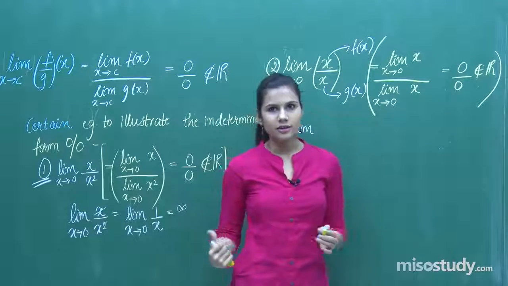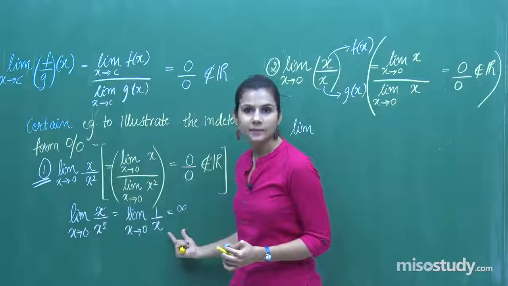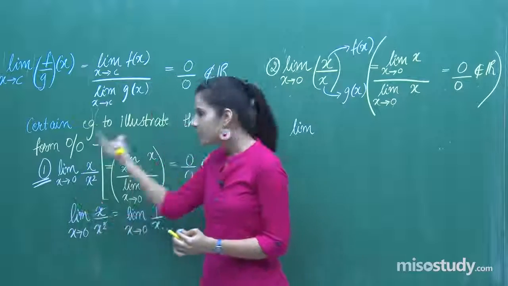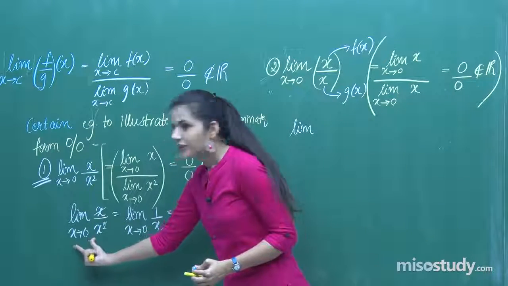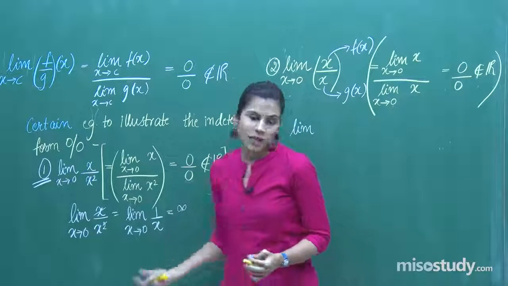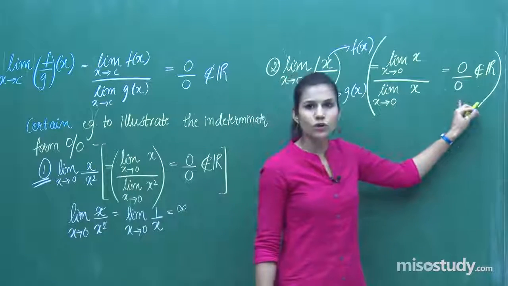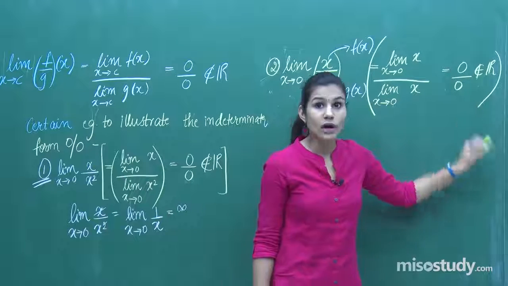Well, over here we saw that the limit was coming out to be infinity. The limit of an algebraic expression of the form f by g, which is basically giving you 0 by 0 form, actually is, after algebraic elimination procedure, coming out to be infinity. Well, x by x is another expression of the type which is giving you 0 by 0 in its form. The limit form of f by g over here is 0 by 0. But